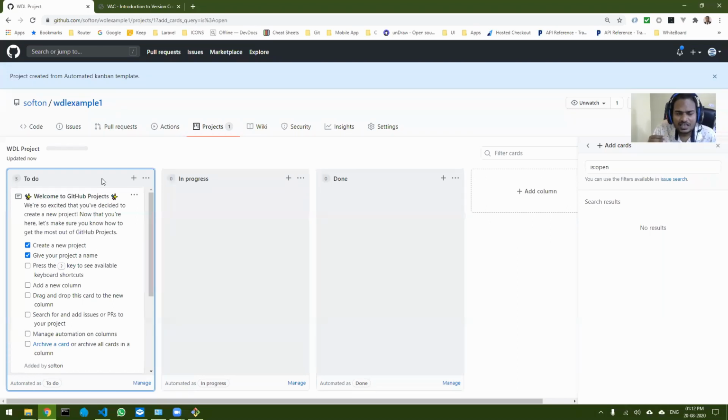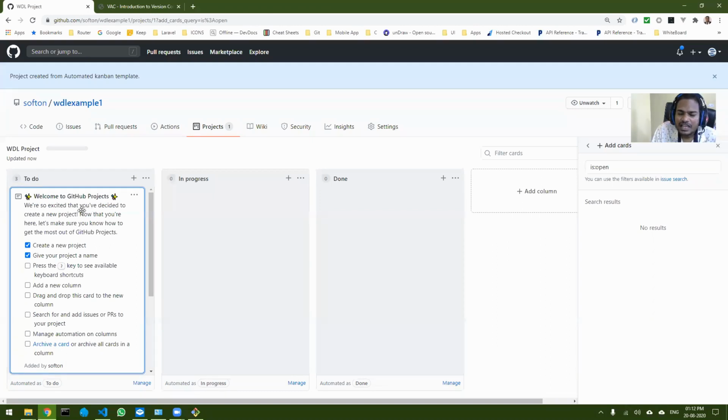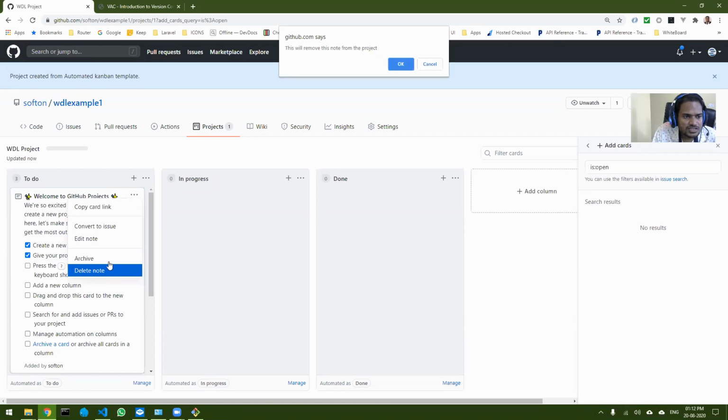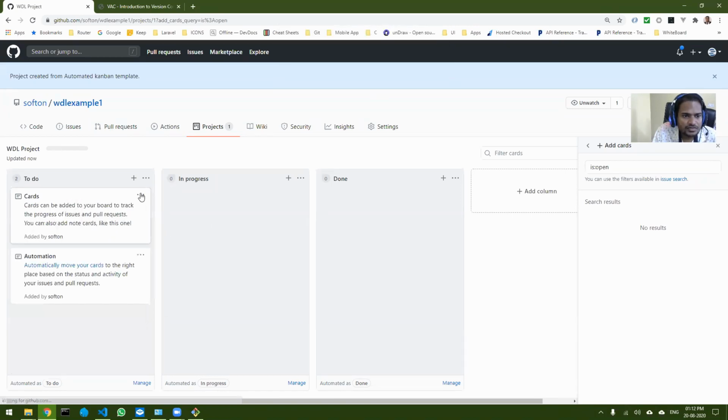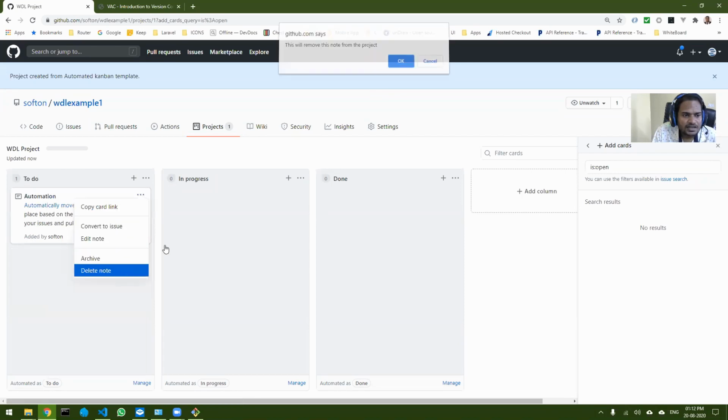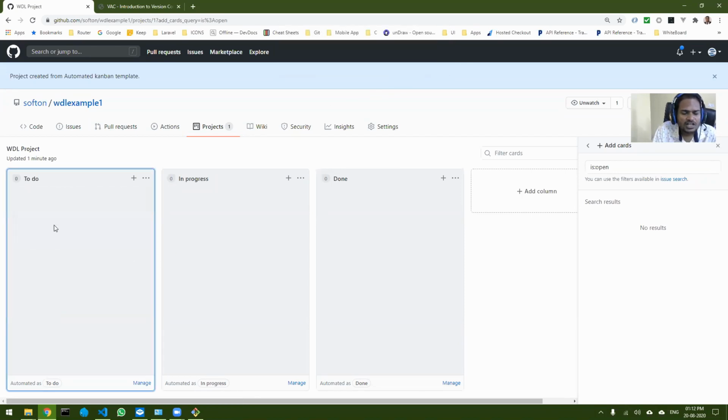Basically, all the things you remember that you have to do, you can note down over here. Then you can take it from to do to the in progress when you start working on that particular thing, and once that is finished, then you can go to the done part. Let me just remove all these notes that are there already. Let us start fresh from a blank. Now all the 3 windows are blank. Let us see how to start.